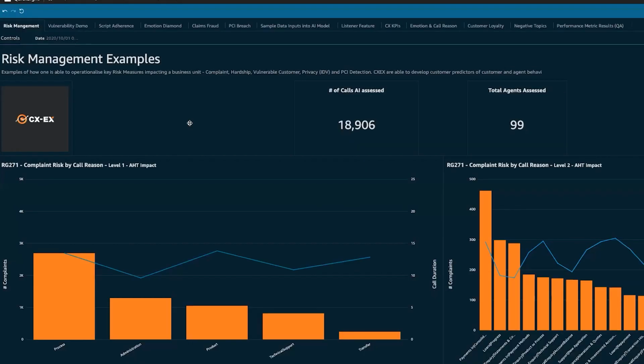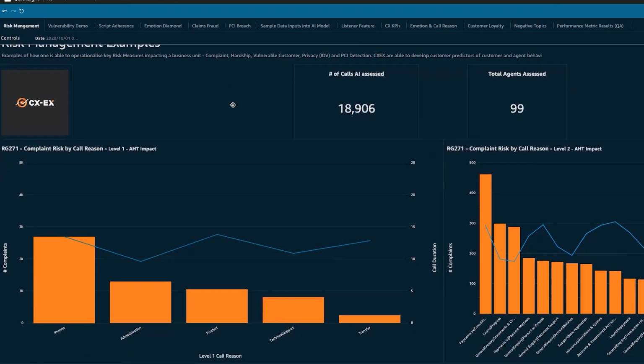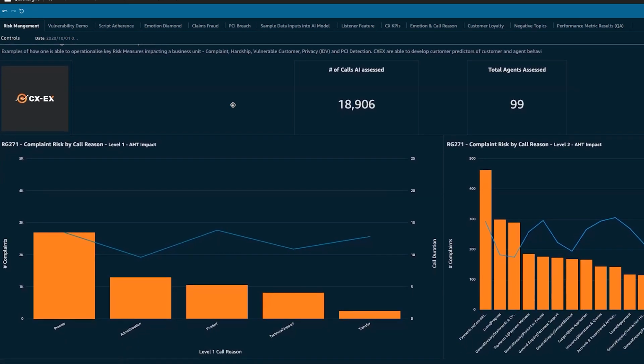One is looking historically: was this a complaint call? What is the complaint risk from this particular call? Or what expressions of dissatisfaction were expressed throughout a phone call? From a management perspective, our clients like to understand where the complaint risk or expressions of dissatisfaction are occurring within